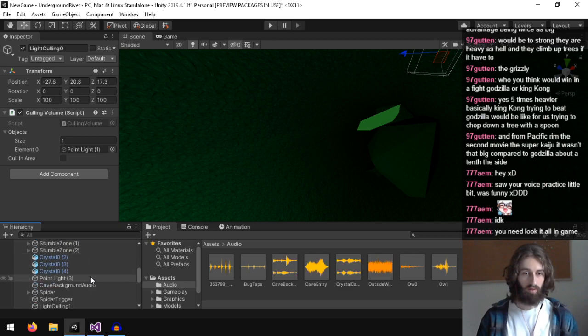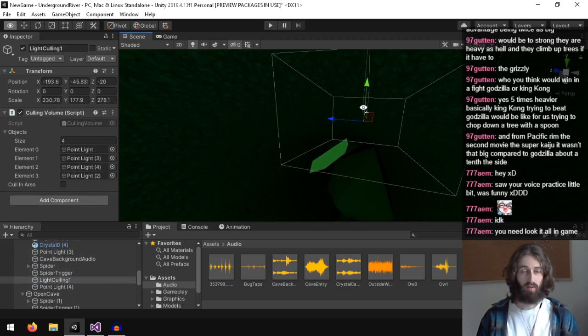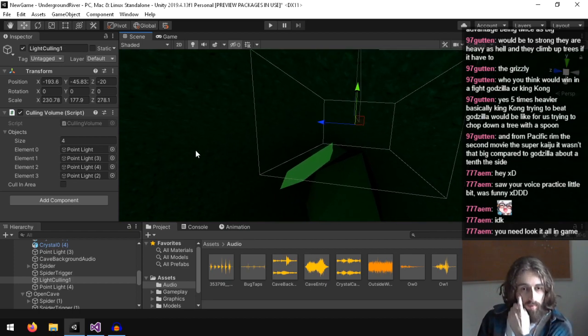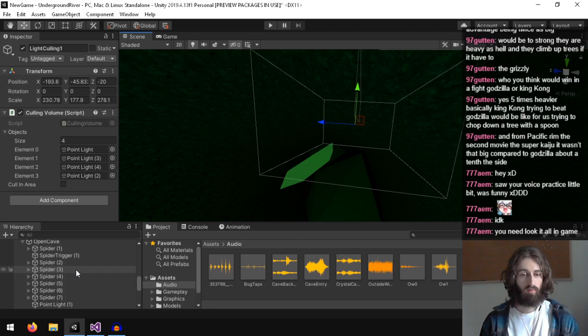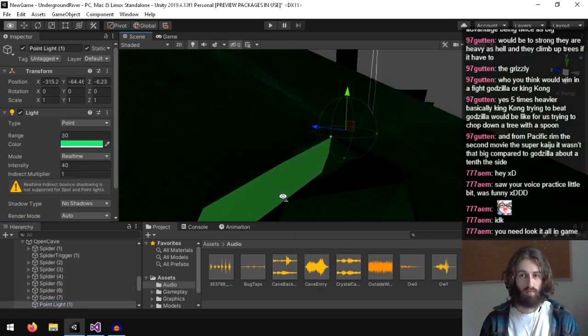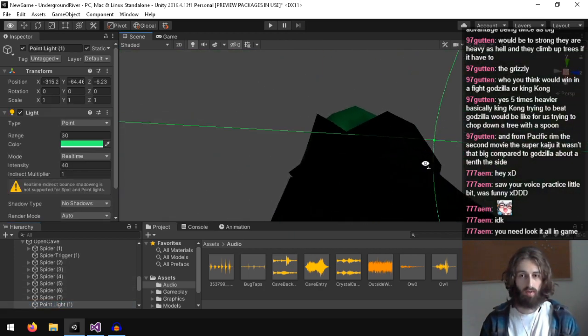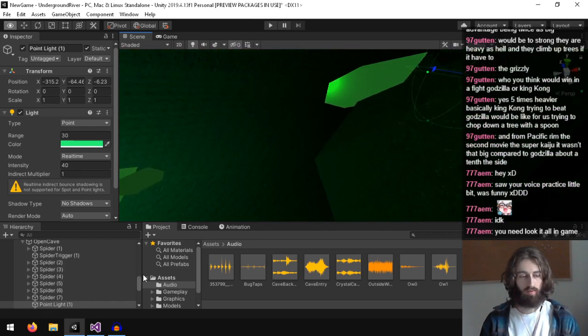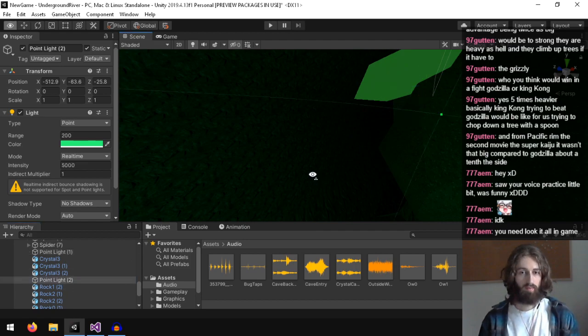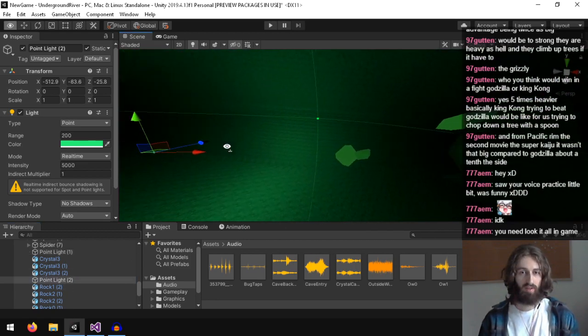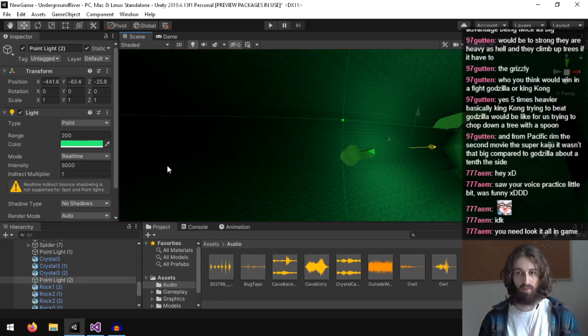Then I think light culling 1 culls the 4 other lights. So then we have one. Okay, so we have like 6 lights that we can use through this area before we need to split them into different culling groups.